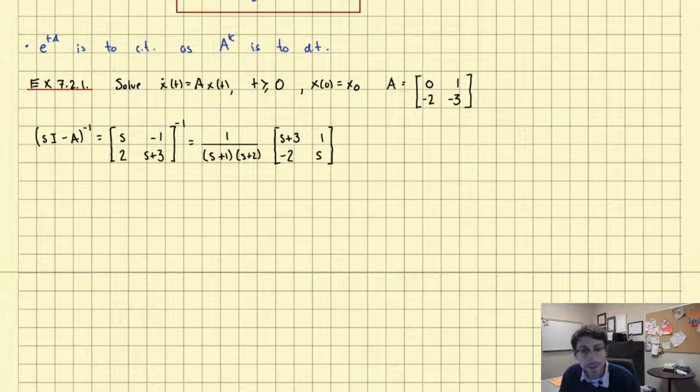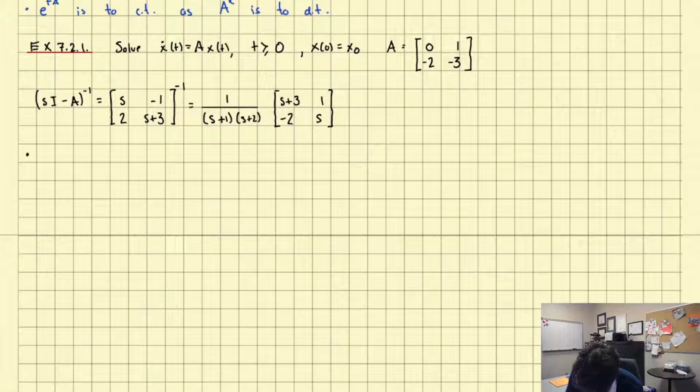And so just like when we were doing our discrete time state transition matrix, I'm going to have to take the inverse LT of each entry in this matrix to get